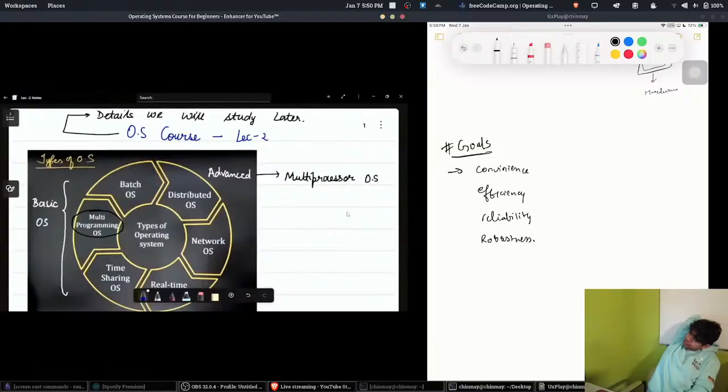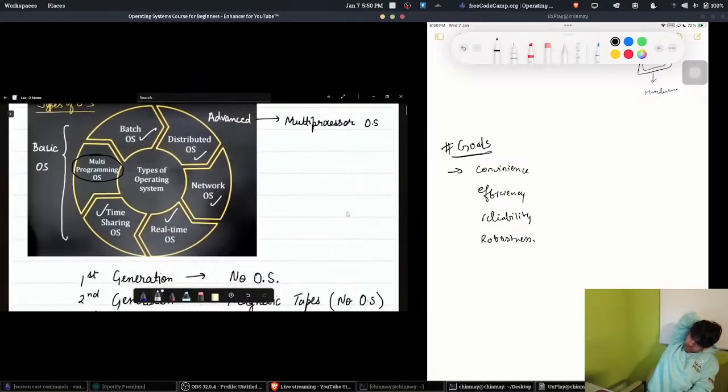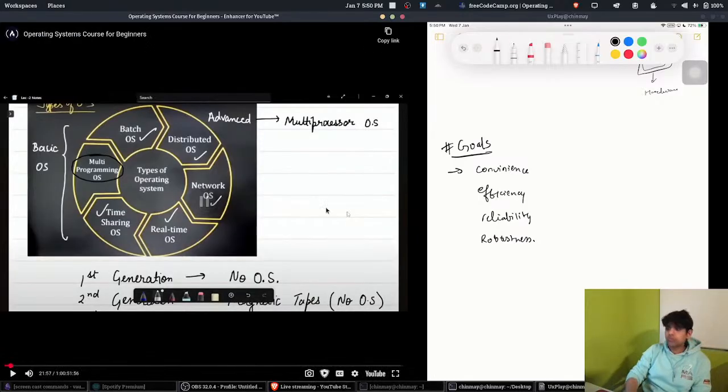Hello everyone, welcome to the operating system course, lecture 2. In this lecture, we are going to study mainly the multi-programming operating system. We are not going to discuss those operating systems which could be understood just by a Google search. So our main focus is understanding multi-programming operating systems. We'll start with the introduction and then we'll